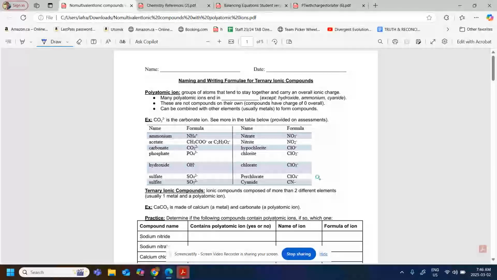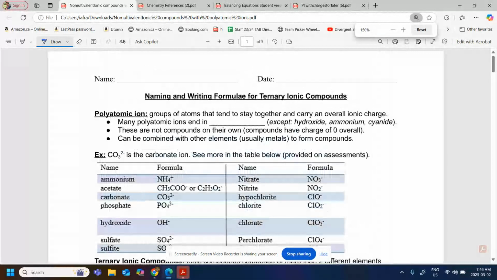In this video, we're going to learn how to name ionic compounds with polyatomic ions in them. These types of ionic compounds are called ternary compounds, ternary ionic compounds. A ternary ionic compound still has a metal in it, but it also has something called a polyatomic ion. Here's an example of a ternary ionic compound,